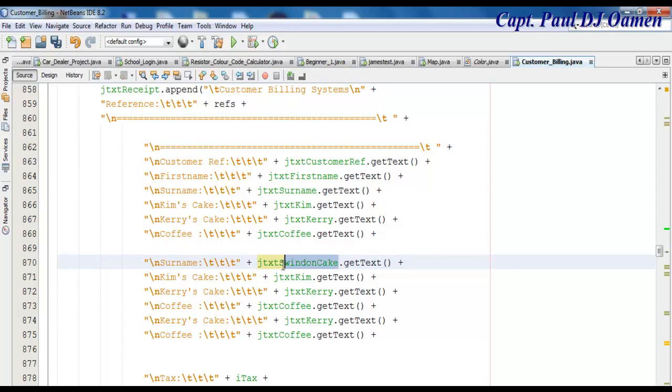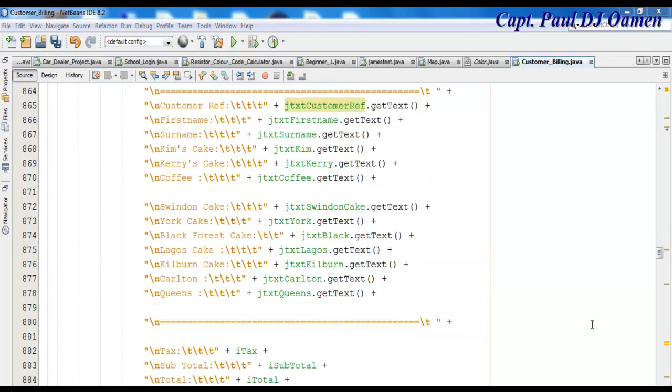And that's for the Black Forest cake. There we go. I reckon you guys get the whole idea, so I'm going to speed that up as well. Alright, these are the lines of code for